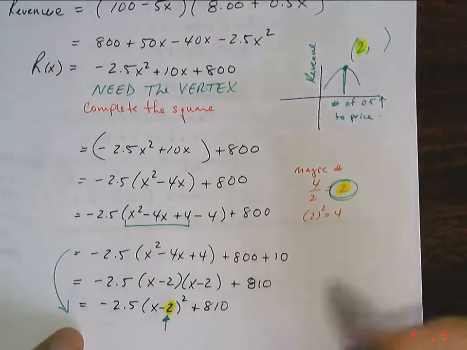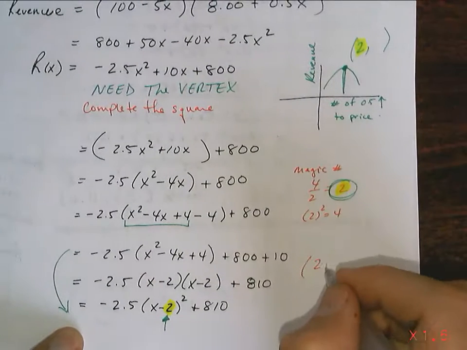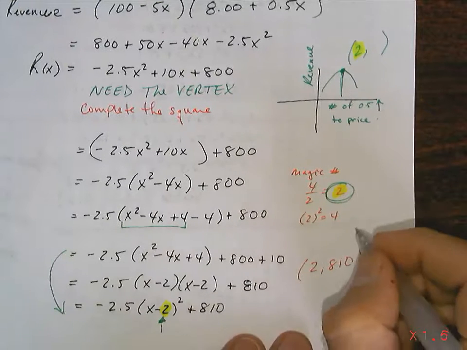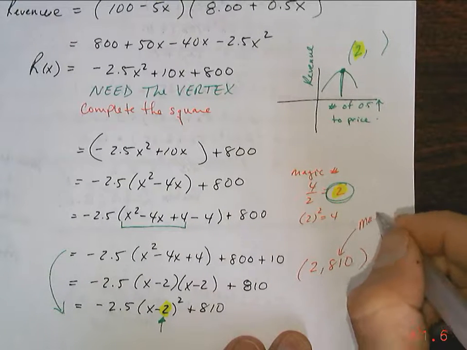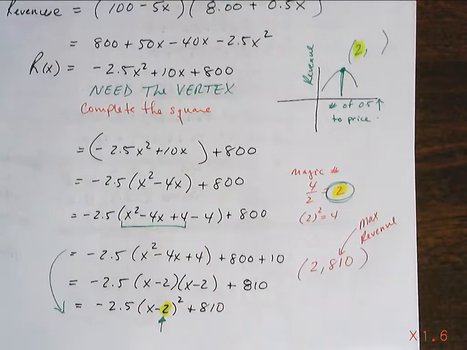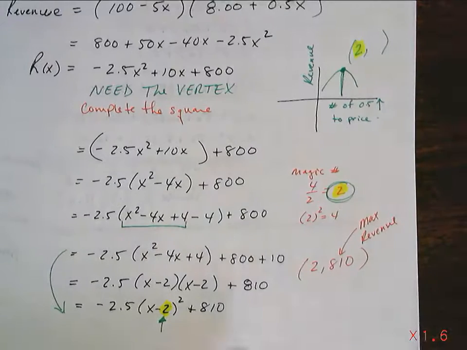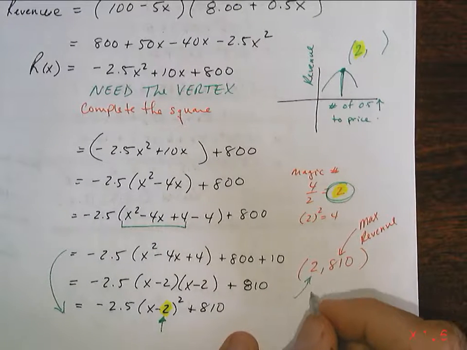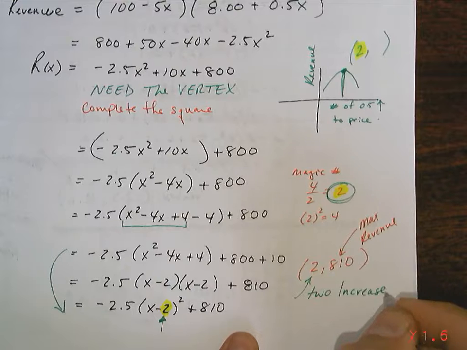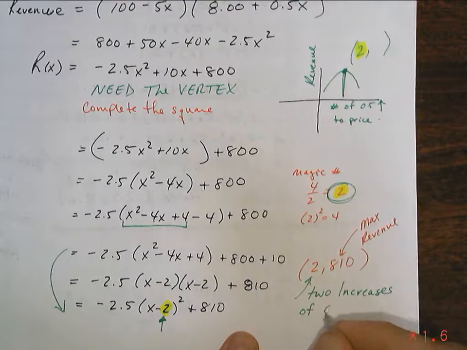So our vertex is going to be (2, 810), which means that we're going to hit a maximum revenue of $810 when she has 2 increases of 50 cents